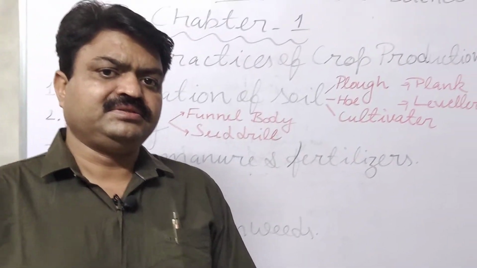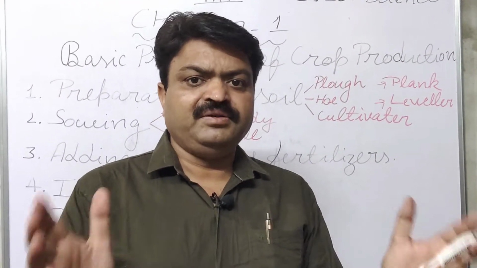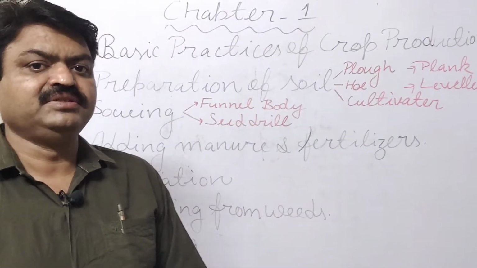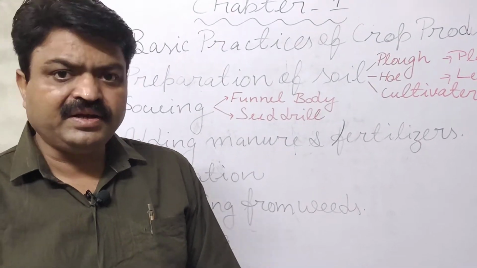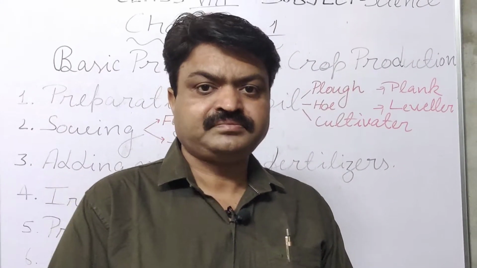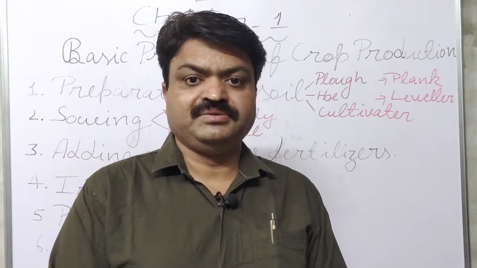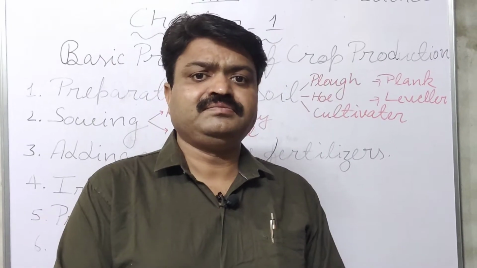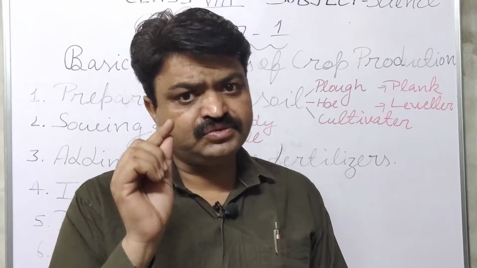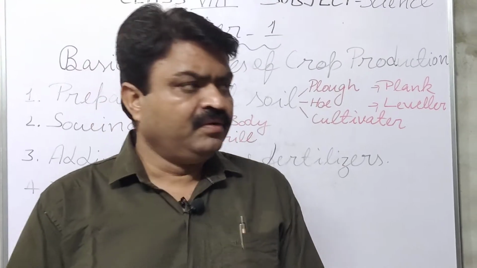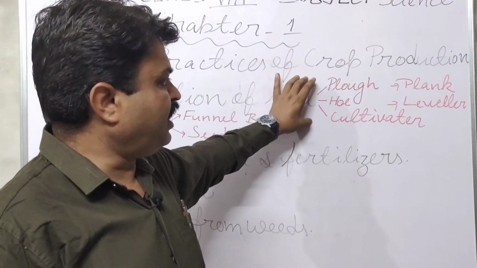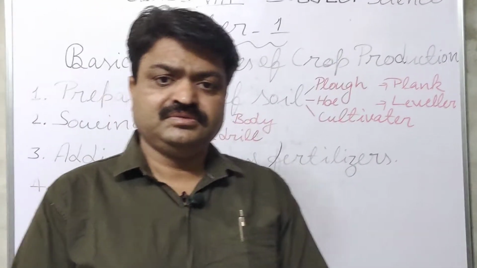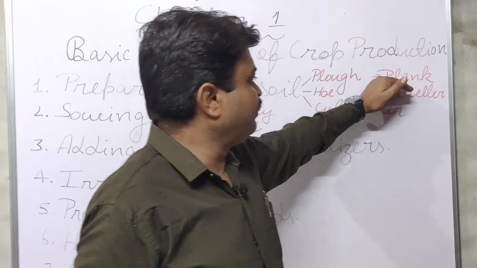With the tractors, one particular agricultural tool is used, that is known as the cultivator. That cultivator contains many triangular strips. With the help of that, student, farmers can easily plow their fields in a short period of time. With this, other agricultural tools are also used for the preparation of the soil. They are the plank and leveler.